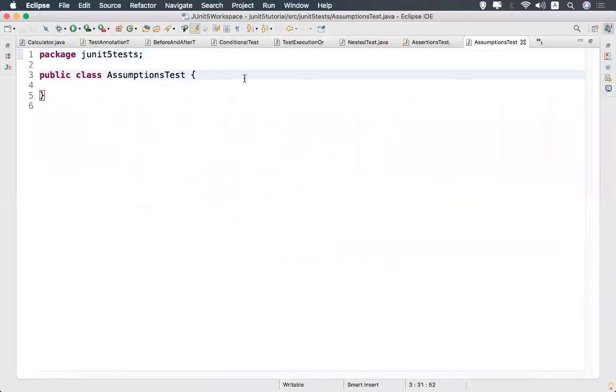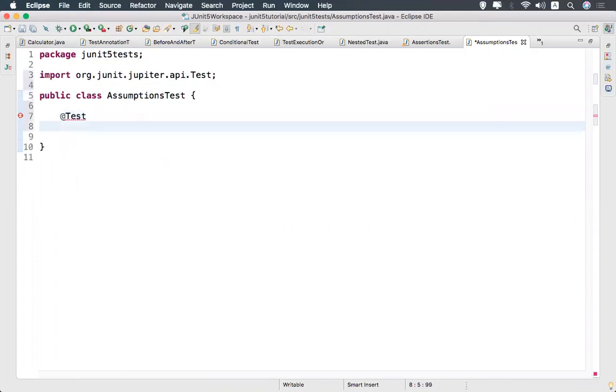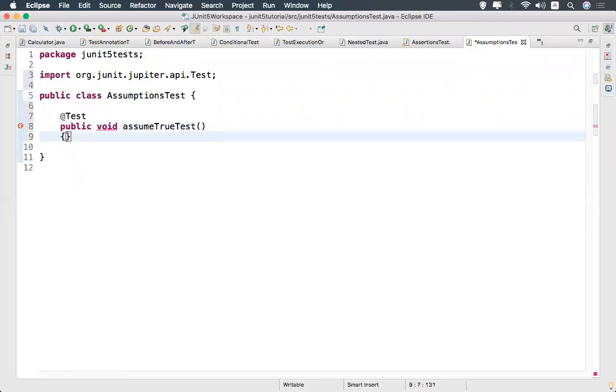So in this, we'll take one example. At Test from the Jupiter API, public void assume true test. So we have assume true, assume false.